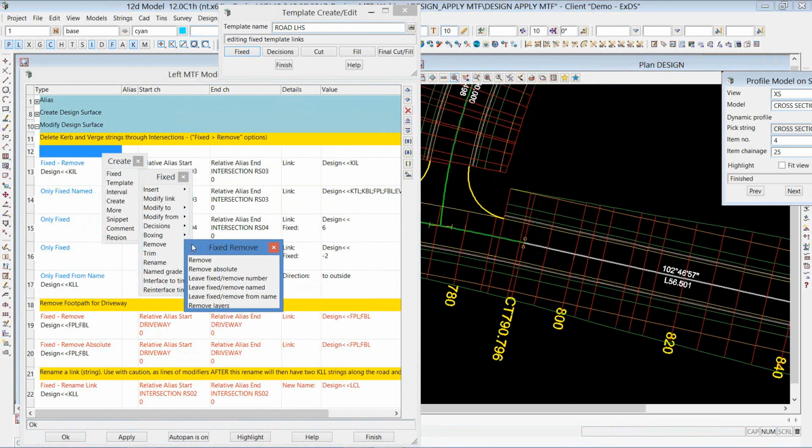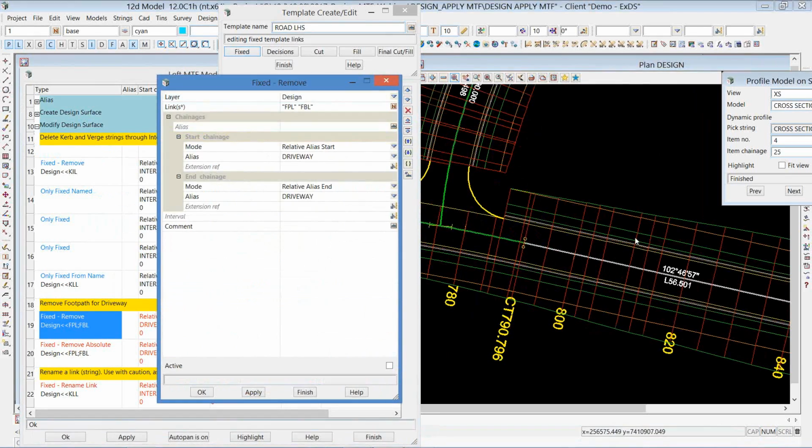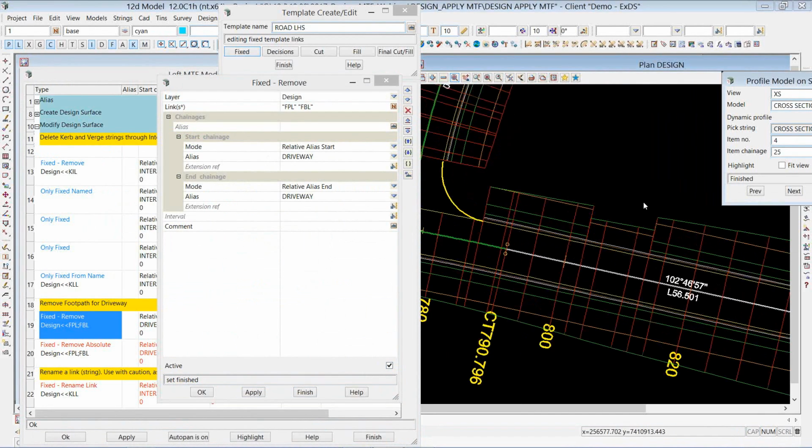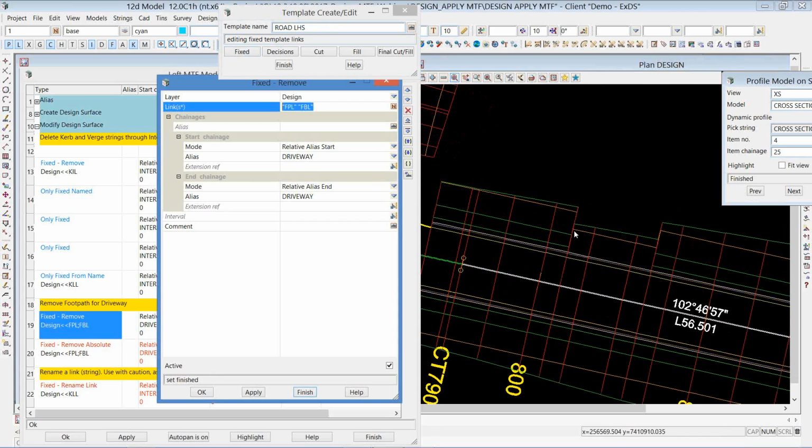The other thing, while I'm in this little short location, because there is another remove under there, remove, and it's remove absolute. Again, absolutely, you're the boss. Now, typically you probably know when you remove strings, if I was going to go and remove the footpath out, the problem is with taking the footpath out, then every string that gets created after that will actually get moved in, because again, it's going to be generated from the template or your snippet based on a width and a crossfall, and it basically will maintain that number. So the removing has no problem taking out the strings, but it does affect the other strings that follow after that in your design